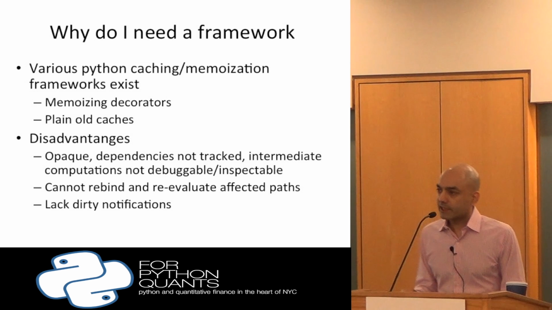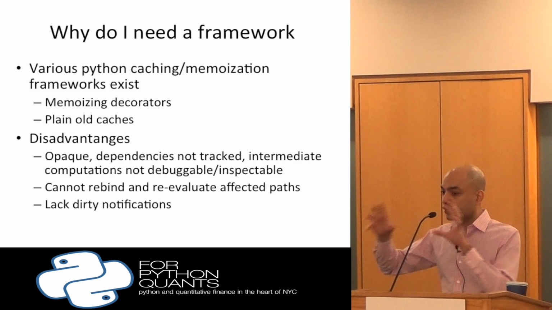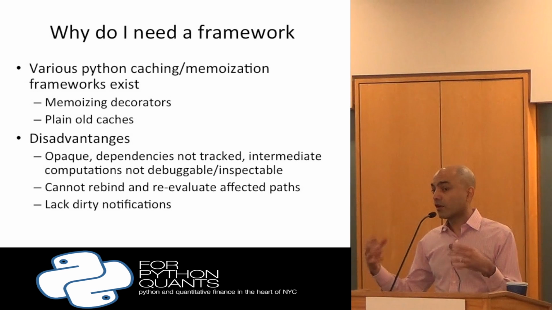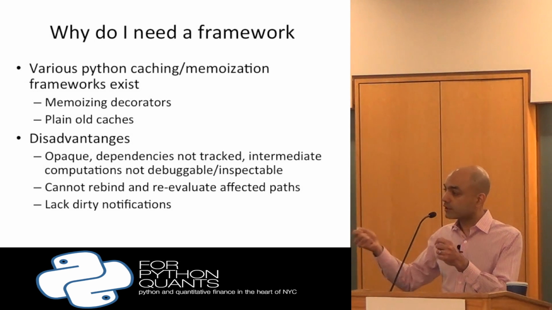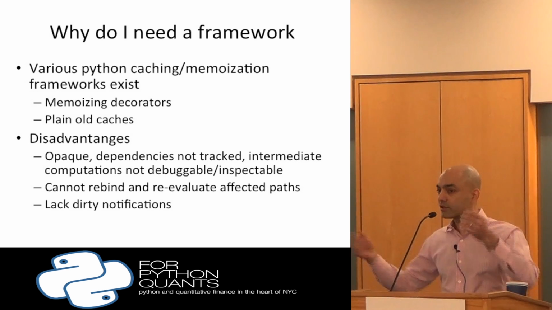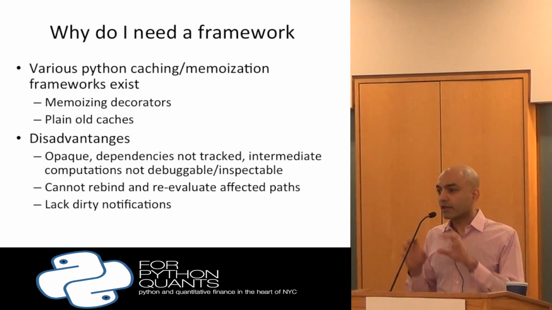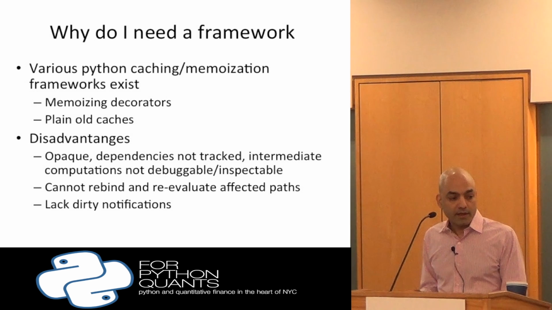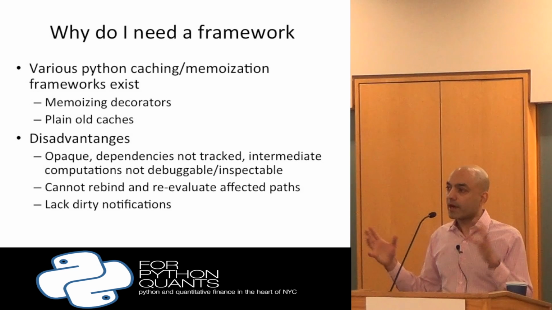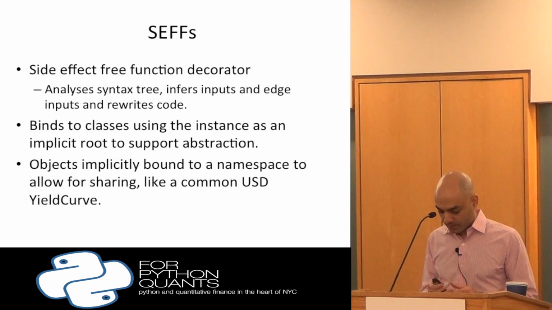And I think the other reason is that if you think about a computation, you're calling a function which calls another function. You essentially have a chain of function calls. What's very useful, if you're trying to define scenarios or do some kind of financial computation, or in other applications, is you want to change something and then figure out what's the affected path, a chain of function calls that you would want to reevaluate. And that, again, is not possible unless you have some form of dependency tracking, or you can track the chain of function calls. And most memoizing frameworks really don't let you do that. So you can't rebind and reevaluate an affected path. And of course, they also lack dirty notifications.